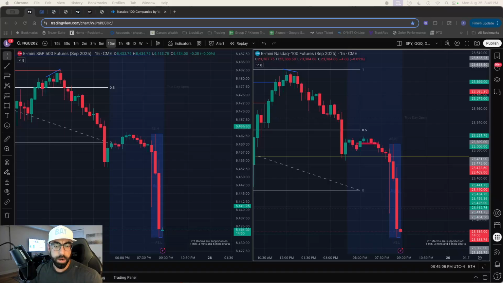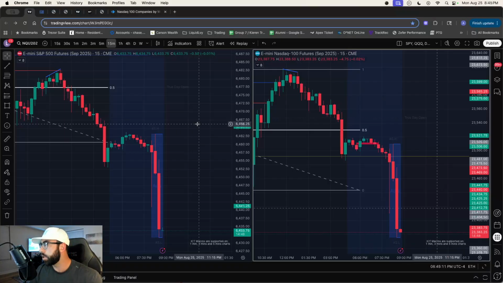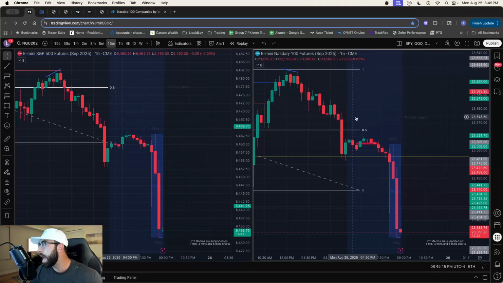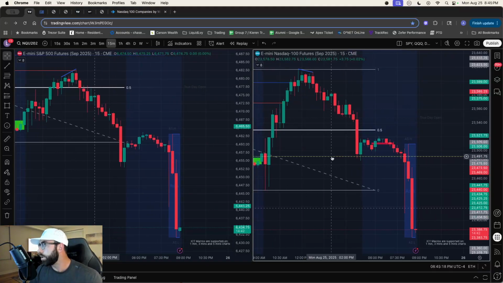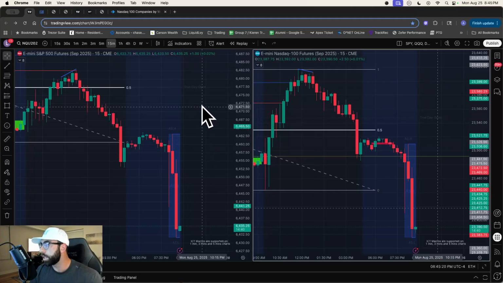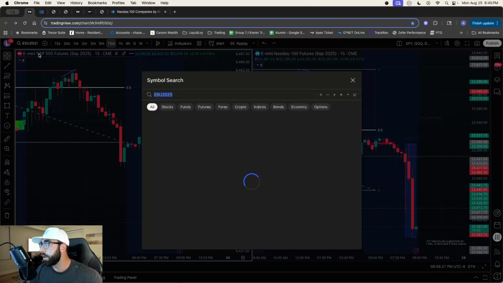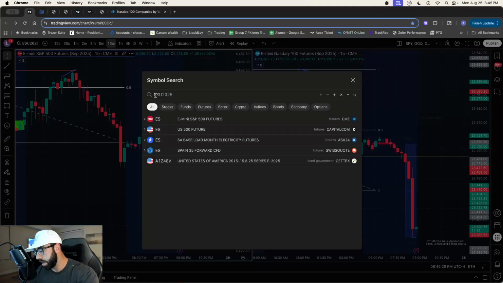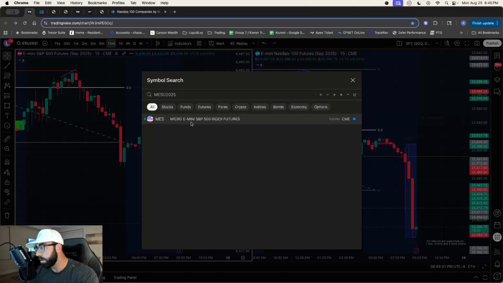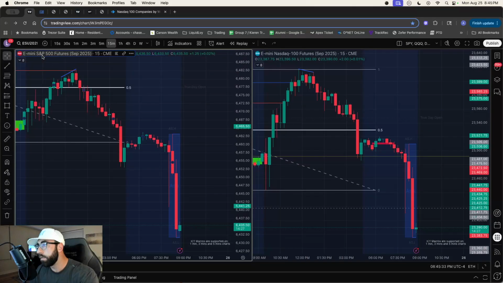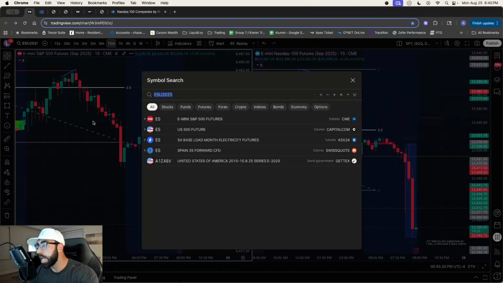I guess the other thing I want to briefly mention is that when you take a trade, we were talking about ES and MES and NQ and MNQ. So there are different charts. You'll have to have another whole tab open with two more indices. You just type MES, and that's the micro version of the full mini ES.